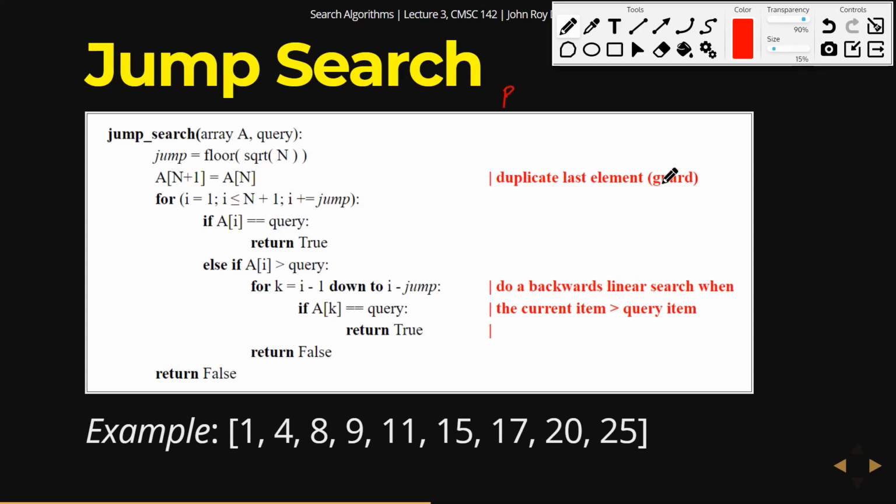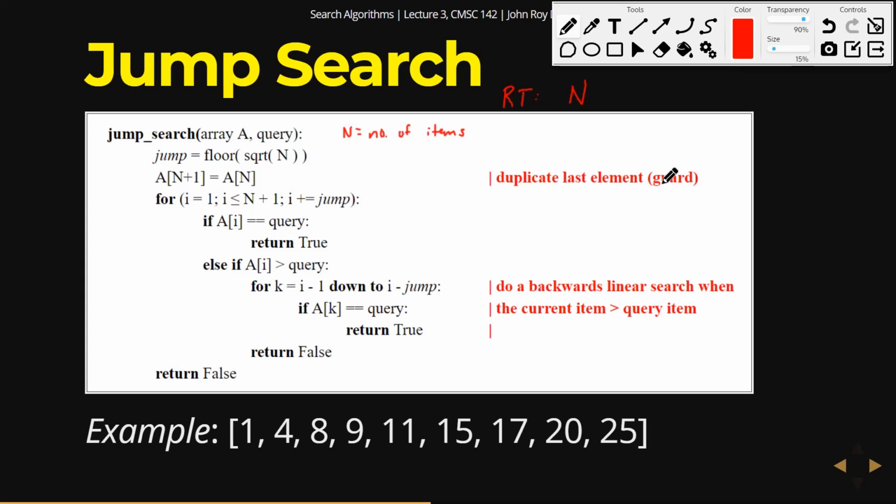So for the running time, there could have been n iterations if it was linear search, right? If the n is the number of items in the array. Okay, it would have been n if it was linear search, but since we are jumping